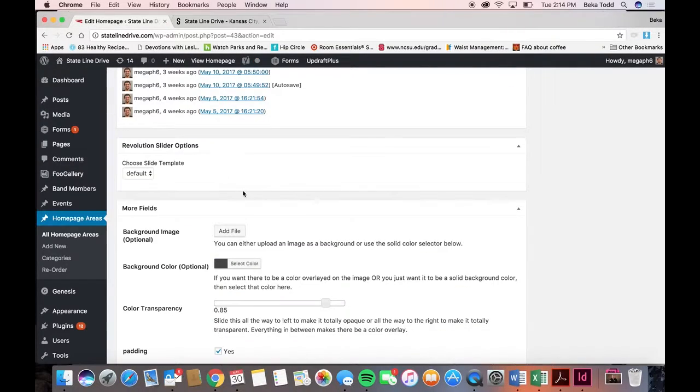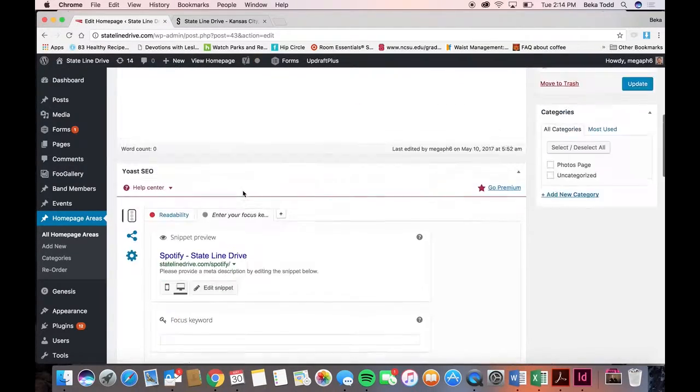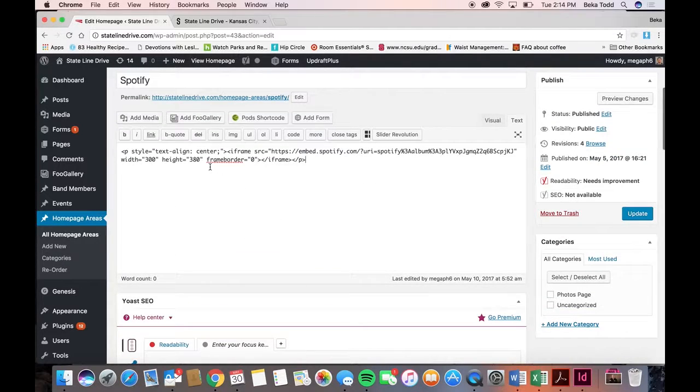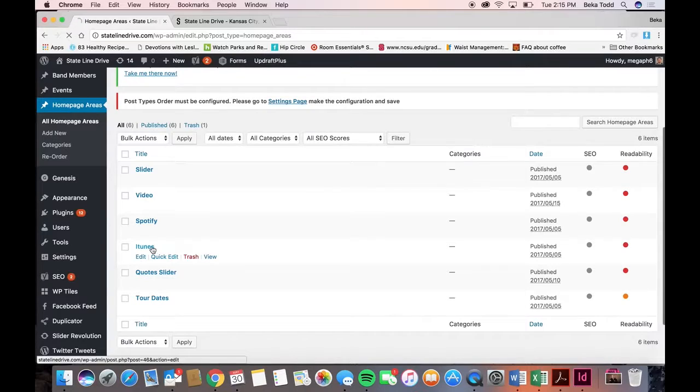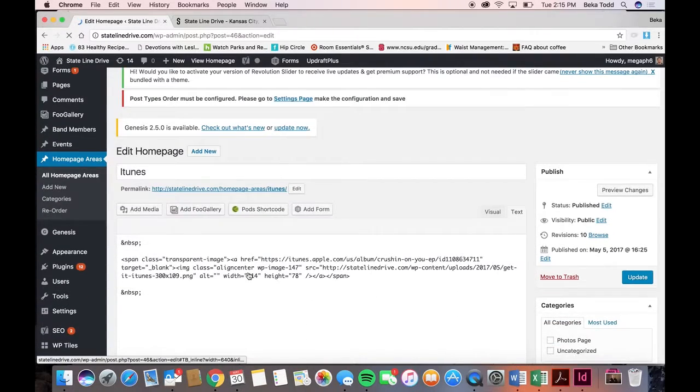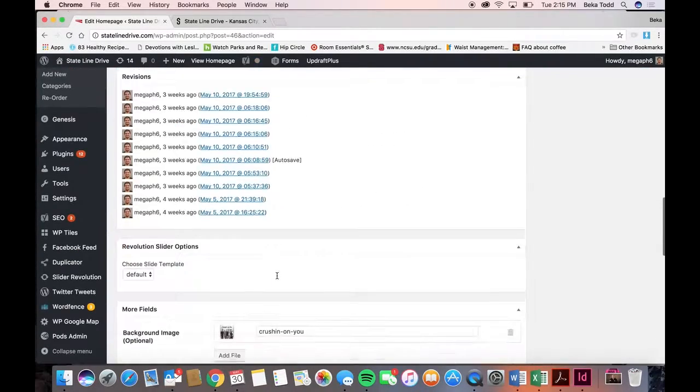But if you do end up getting a new album or something that you want to embed here, you can embed it the same way. Just change out the width and the height. Then you really wouldn't have to change anything else. Let's look at the other. iTunes is going to be the same thing. Got that code there, and then we've got